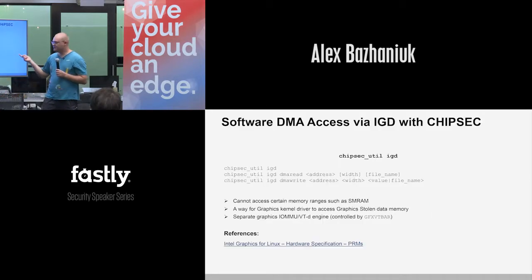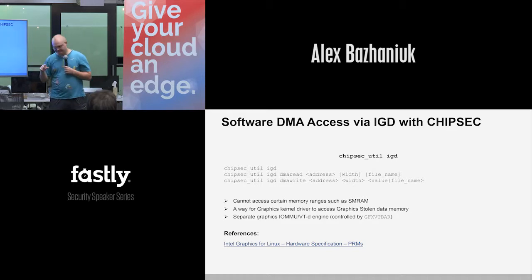Anyway, the graphics DMA capabilities are accessible in CHIPSEC in the command line utility, so you can use it and play around. It's really useful, and especially it was really useful when Windows 10 released this VSM technology, and before that when there was Hyper-V and they tried to enable different protections in Hyper-V. These capabilities allow you to send a DMA transaction. In many cases, the configuration was not properly set, and you can use it to read the physical memory, which is not paged